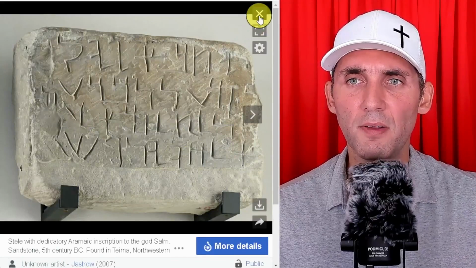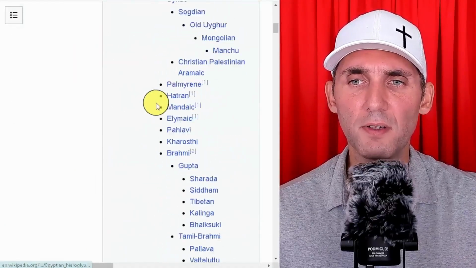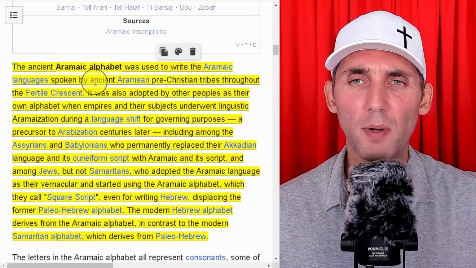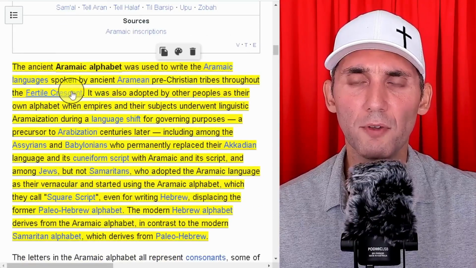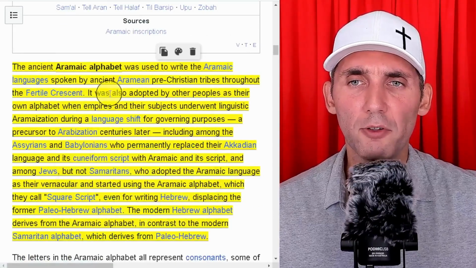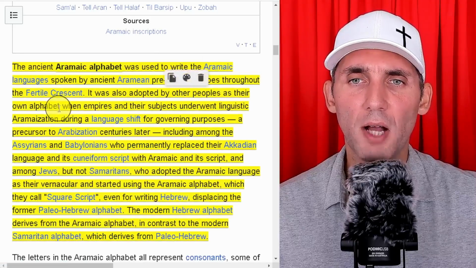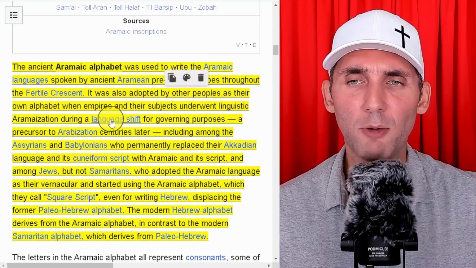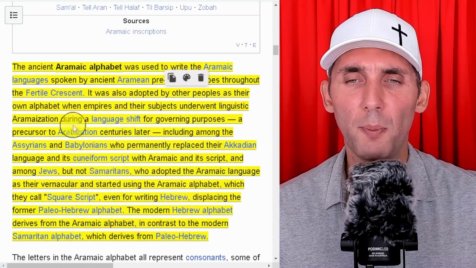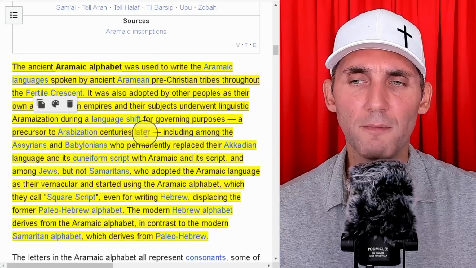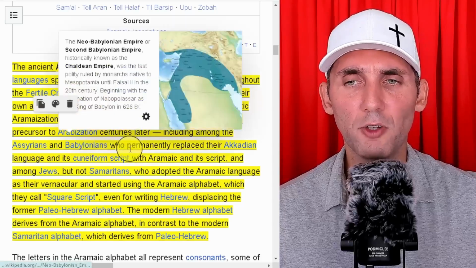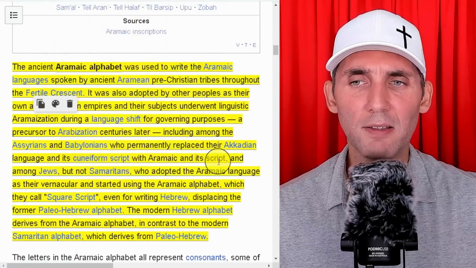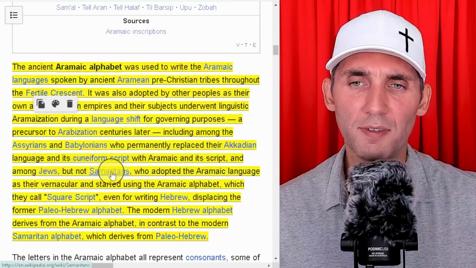Very different than Paleo-Hebrew, but it's got its own style. The ancient Aramaic alphabet was used to write Aramaic languages spoken by ancient Aramean pre-Christian tribes throughout the Fertile Crescent. It was also adopted by other peoples as their own alphabet when empires and their subjects underwent linguistic Aramization during the language shift for governing purposes, a precursor to Arabization centuries later, including among the Assyrians and Babylonians, who permanently replaced their Akkadian language and its cuneiform script with Aramaic and its script, and among the Jews, but not Samaritans,